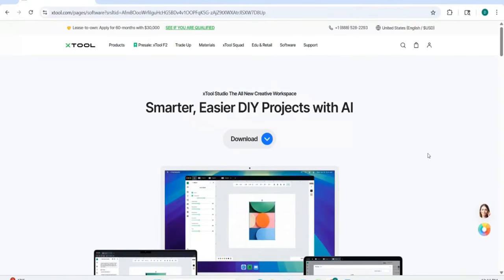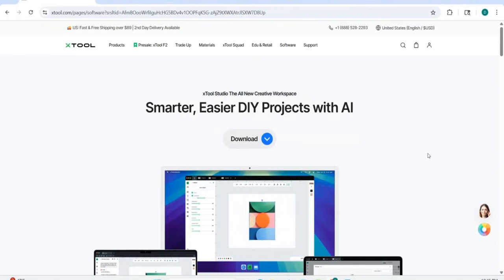So today I'm going to try to go over the xTool Studios software really from start to finish. This will just be a basic tutorial. I'll try to go over everything that I know and understand, and if I don't quite understand it or if I haven't figured out how to use it yet, I'll let you guys know that and we can all play around with it together. So to start off, I typed in xTool Studios on Google and clicked on the first